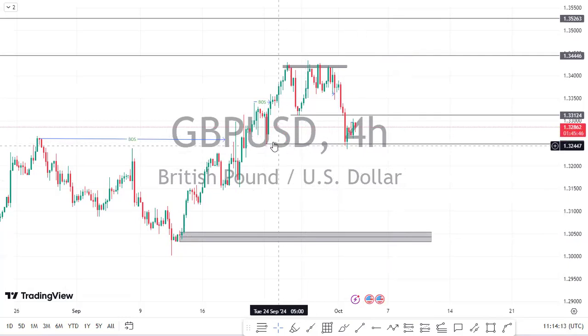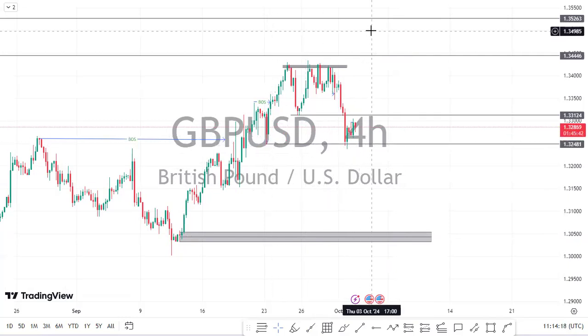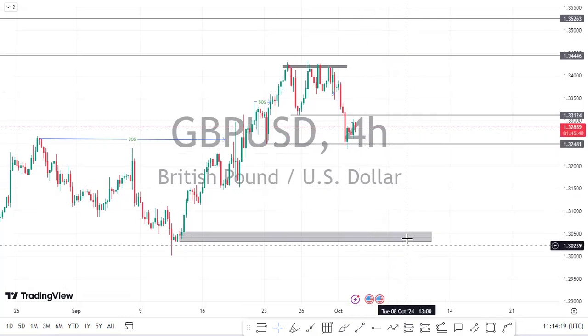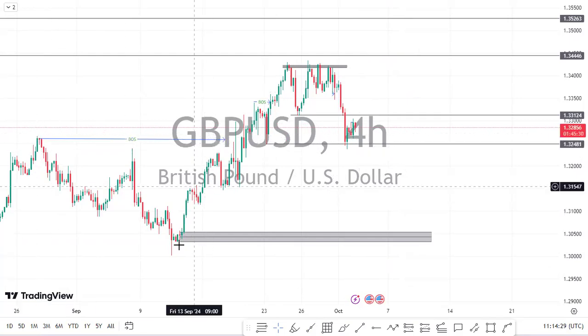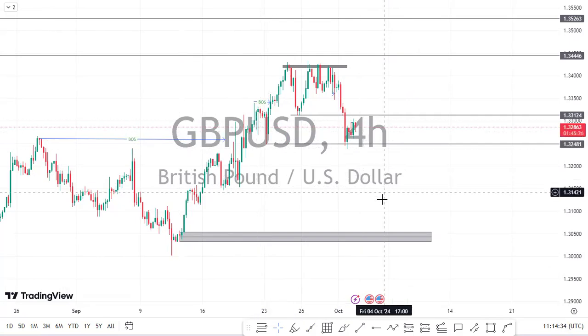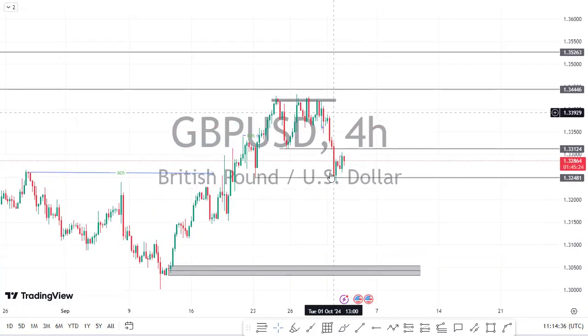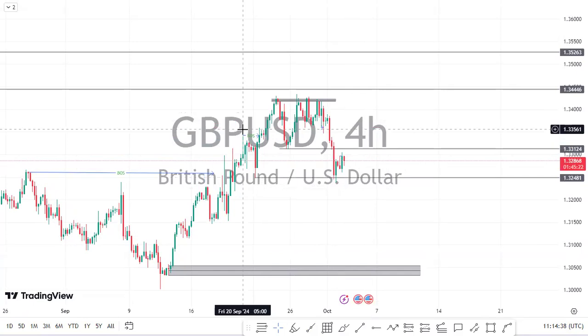So this place must hold for buyers to push price up. If it fails, then price will be looking at a buy opportunity from this low. Why? Because this is the other block that caused the breaking of this structure. So now we are dealing with this low. So let's now move to